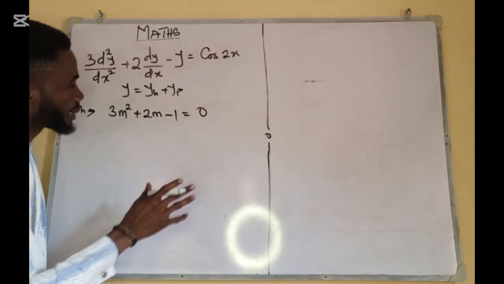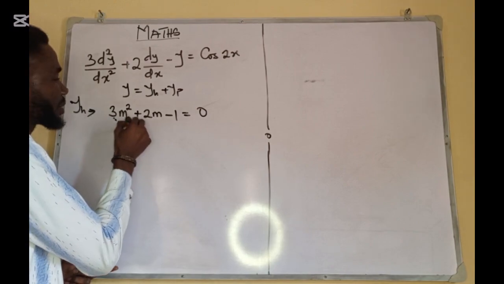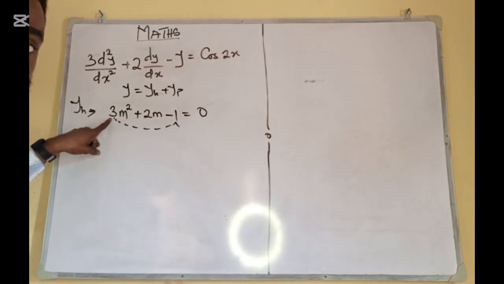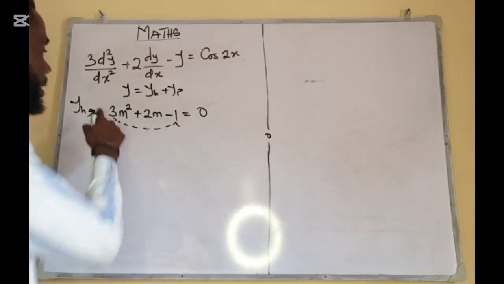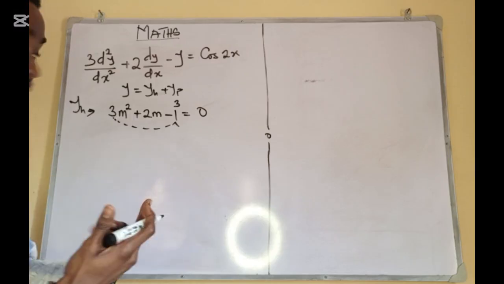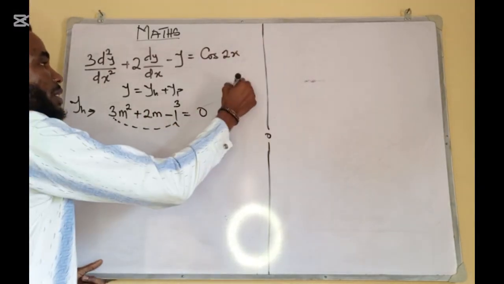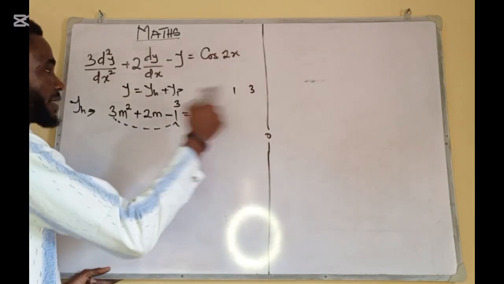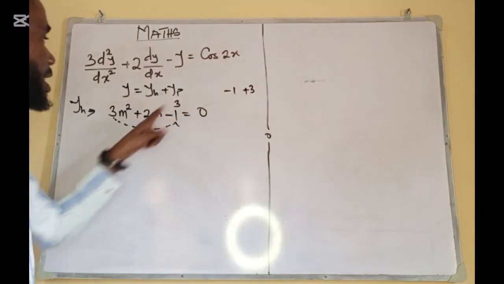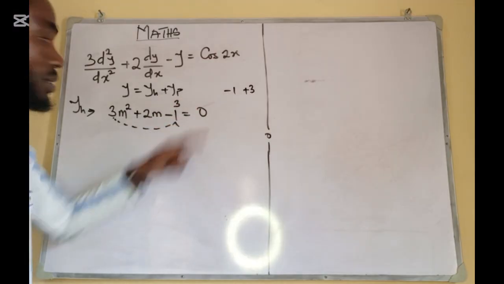So by so doing now, I have to factorize. And if you watch here, the coefficient of m squared here is 3, not 1. So 3 times 1 is 3. So I want to factorize now. So factorizing, I'm looking for two numbers. If I add together, I will have plus 2. If I multiply the same numbers, I'm having minus 3. Definitely, which is 1 and 3. Okay, good and fast. So what do we do here now? If I do minus 1 plus 3, minus 1 plus 3 is positive 2, and minus 1 times 3 is negative 3. So therefore, I have